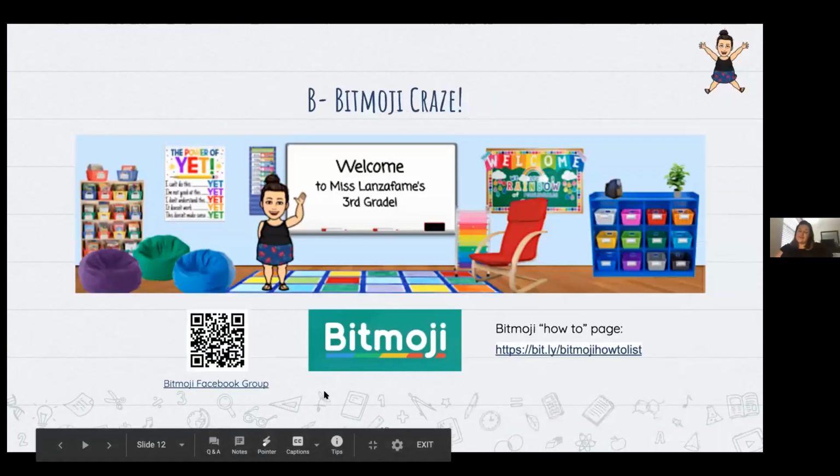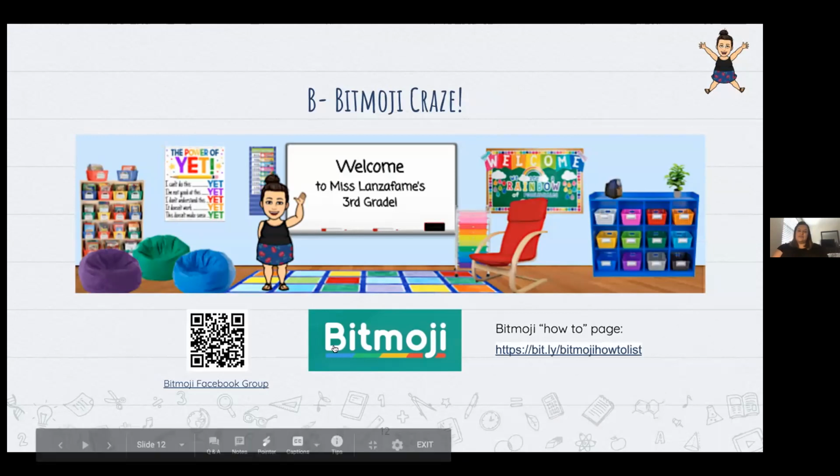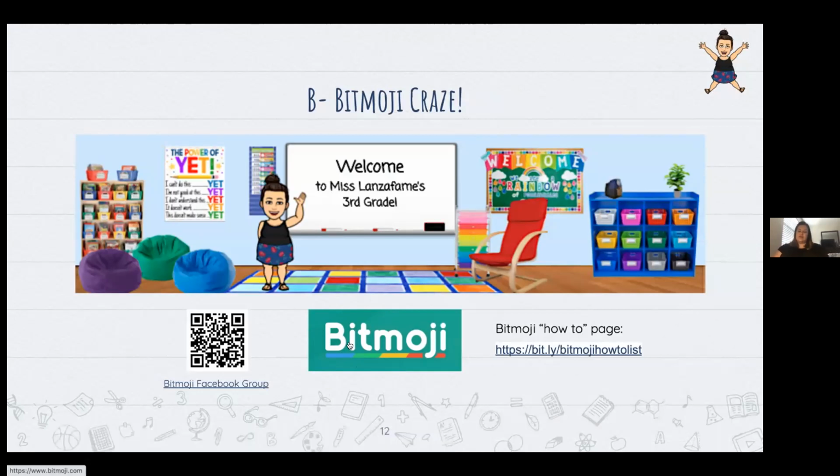B stands for the Bitmoji craze. Bitmoji is something that I am a huge advocate for. My students know how much I love my Bitmoji. It's all over my physical classroom. So I thought it would be a great way to make them feel sort of at home in the classroom, but online. So I've included here on the Bitmoji logo, you can click and go to the Bitmoji site